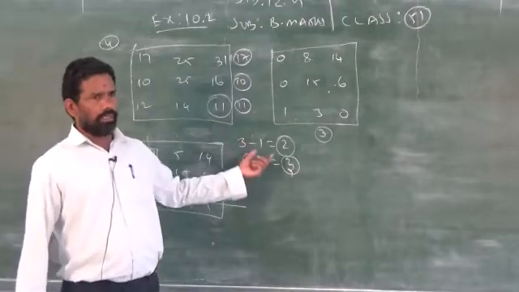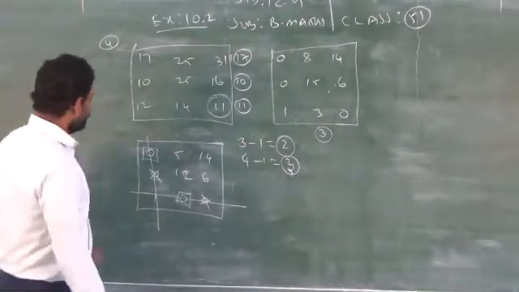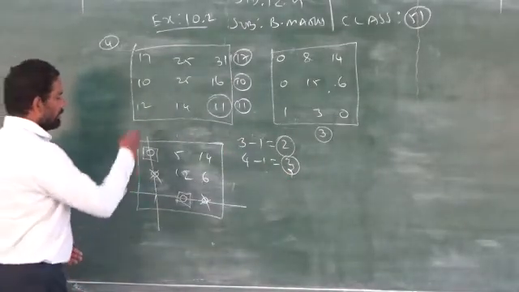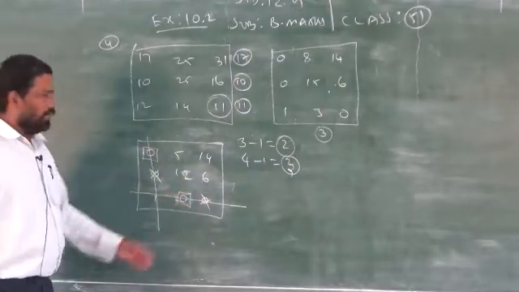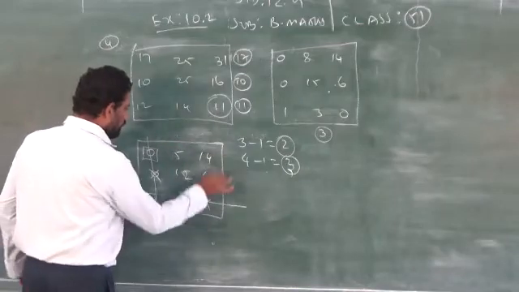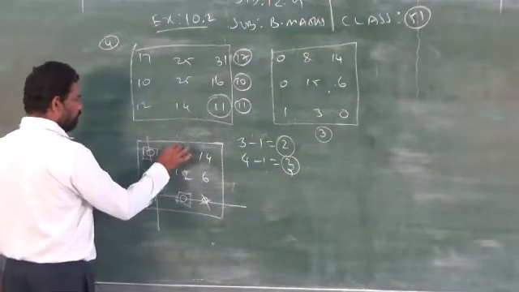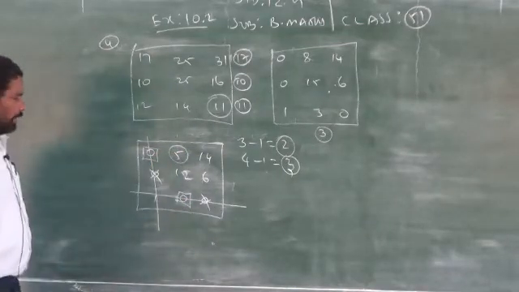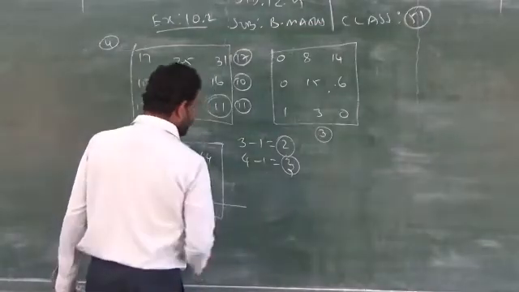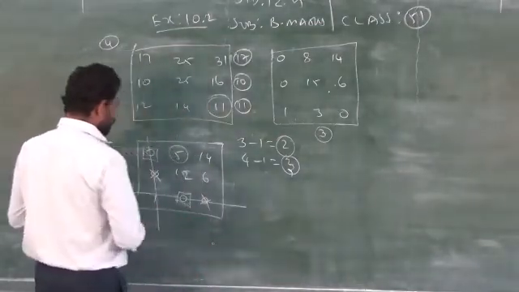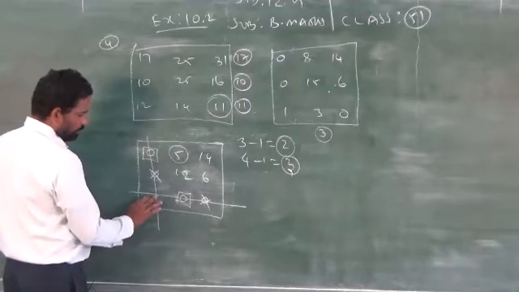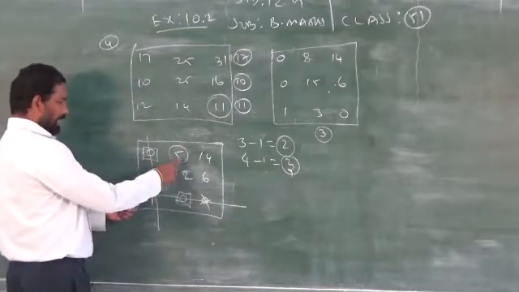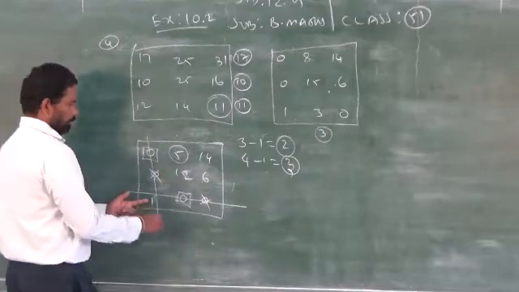The 3 rows mean 3 minus 1, that is 2. So you have to take only 2 lines, where the 2 lines should cover all the zeros. See, it is covered. Now in this process, which one is the least? 5. Circle it. Now you go for another diagram, after this. These 2 lines are intersecting at which place? At 1. Add the least cost to this one.